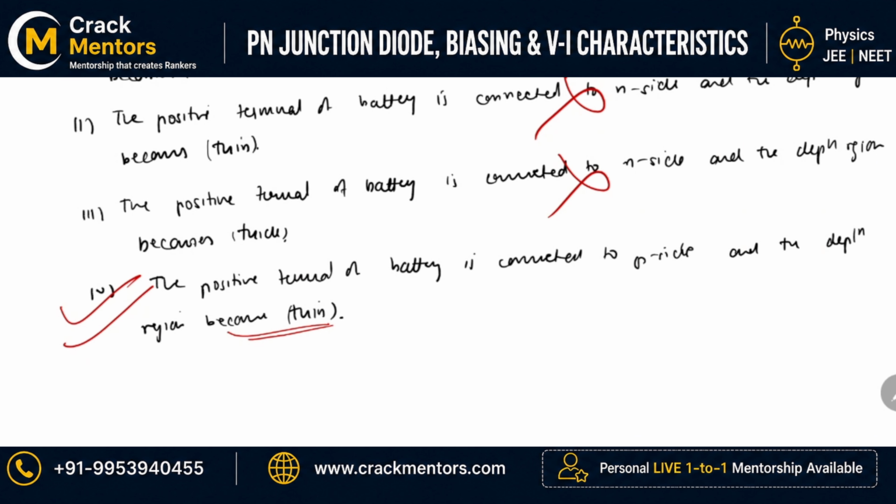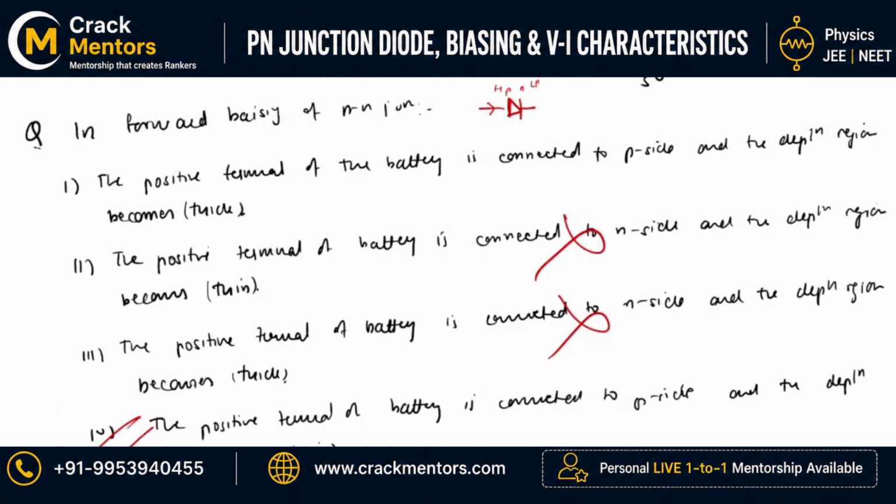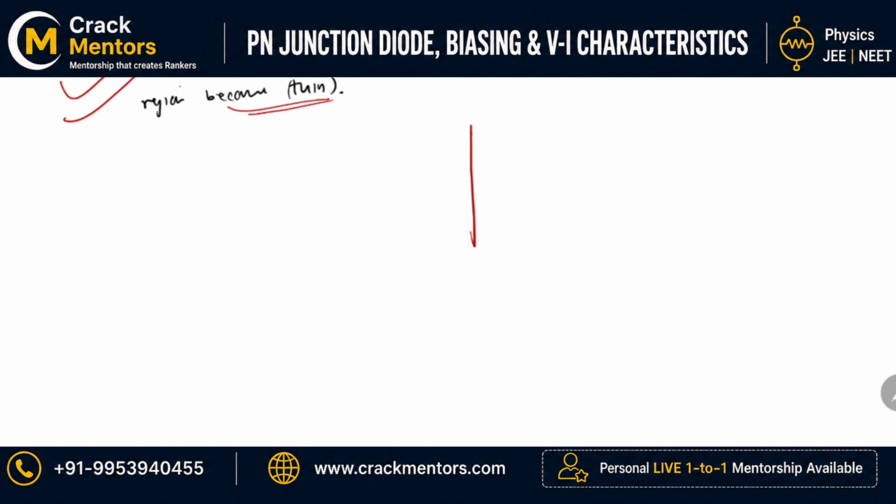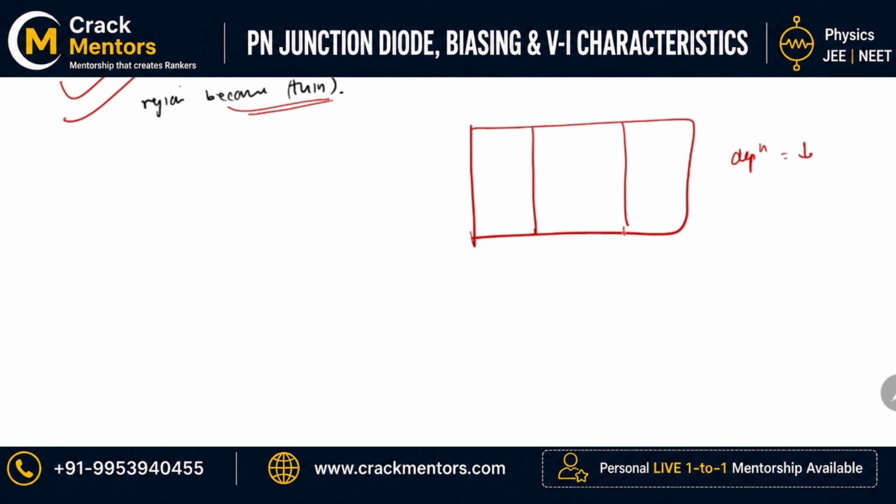But if in the examination you get confused about whether it will become thick or thin, there is an easy way to get it. Remember that the depletion region, as the name suggests, is the one which is depleted, and it is formed in between. If the depletion region is thick, more electric field is created. In forward bias the electric field of the battery is like this, and the intrinsic electric field acts this way. So if it is thick, more electric field will be induced, and that will decrease